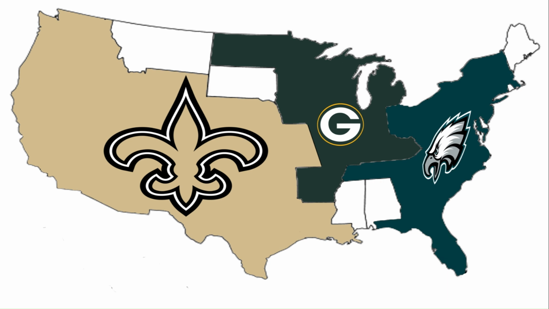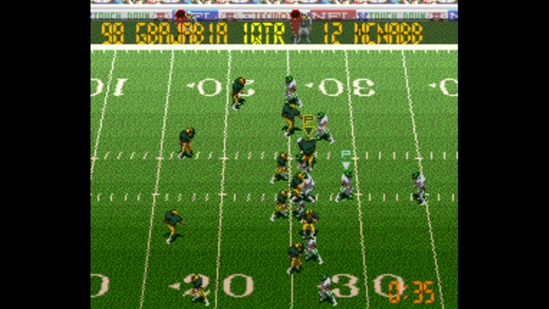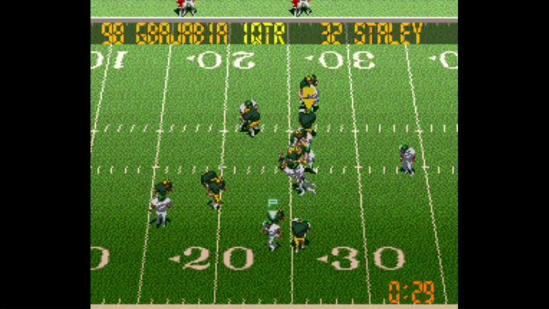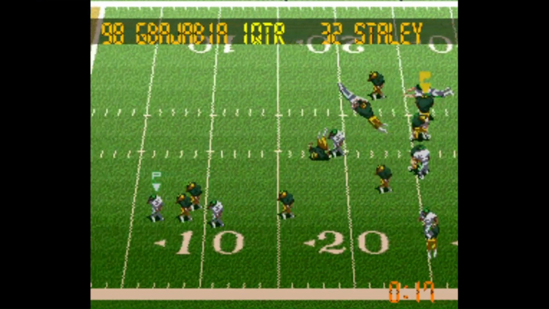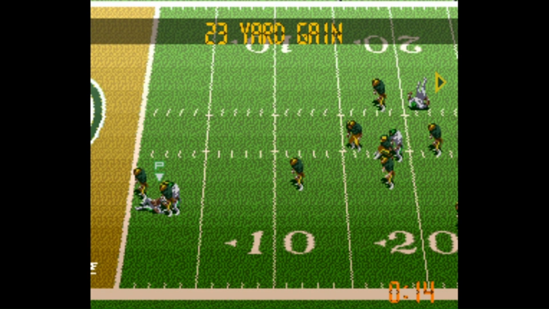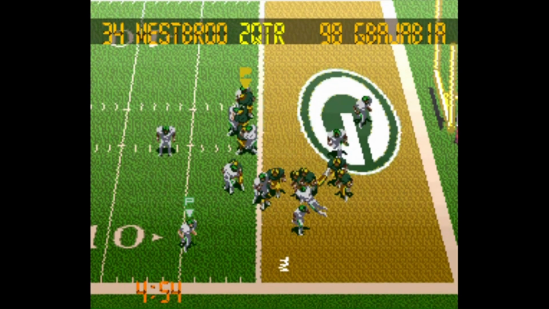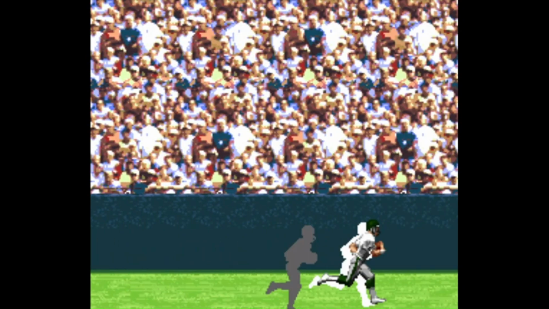Let's find out. It's been a stalemate for much of the first quarter, but the Eagles have the ball moving now. From the Packer 25, Duce Staley is going to break this tackle. He's going to skate down toward inside the 5-yard line where they will catch him. Switching sides now in the second quarter, this pitch will go to Brian Westbrook, and he's going to find his way in. The Eagles will strike first, taking a 7-0 lead.